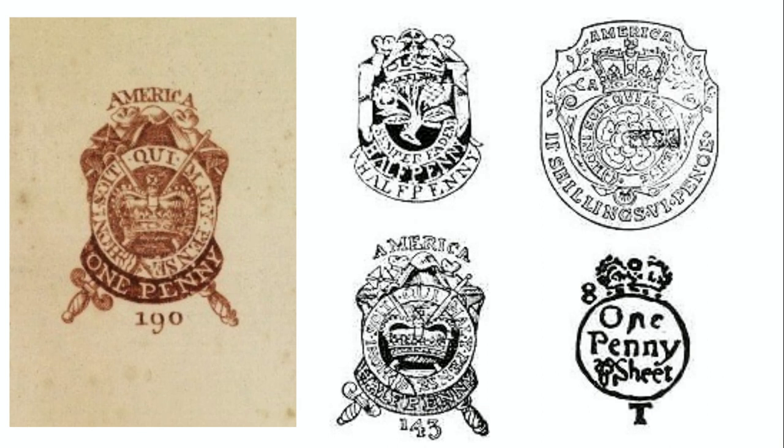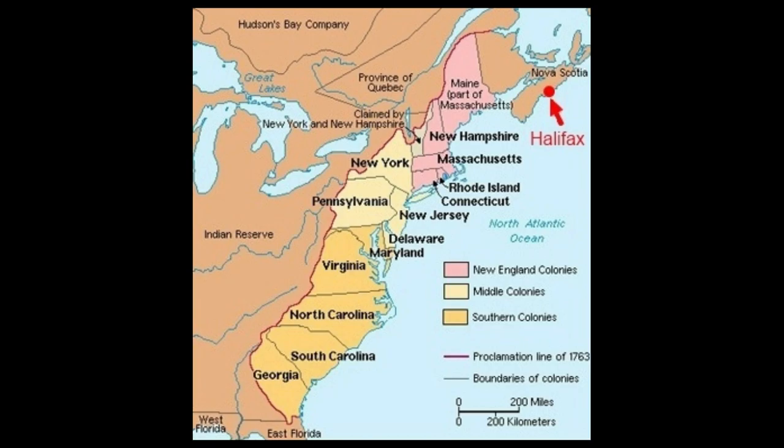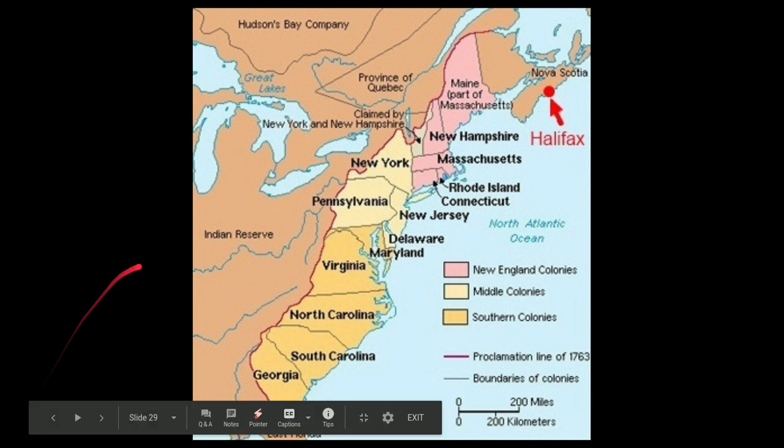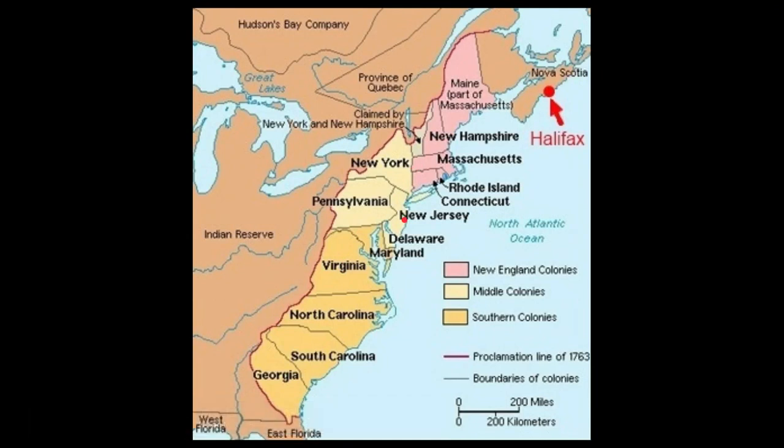And because they had to buy these stamps only with British currency, that gets them really upset because not many of them actually had British currency. The colonies all used their own currency, and to require them to pay with British currency meant that that was unaffordable for most. The other thing that's going to really anger the colonists here is that any enforcement, any disputes,